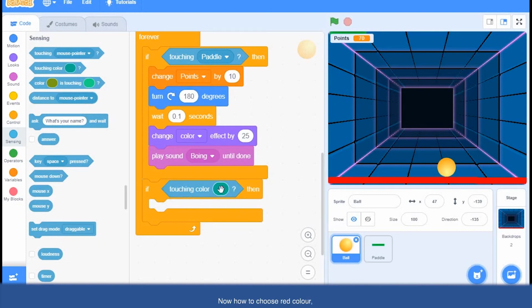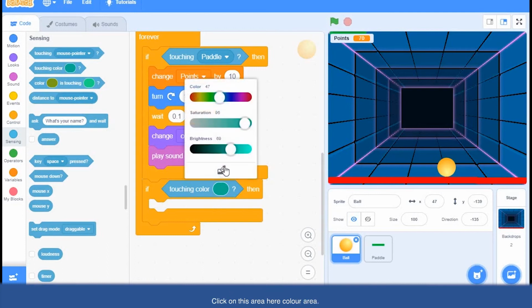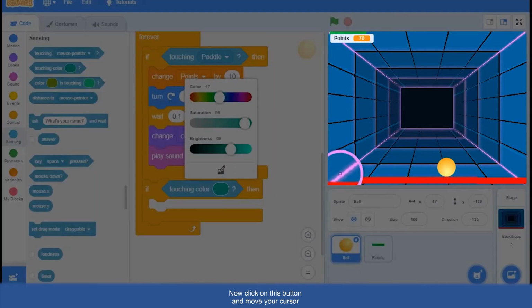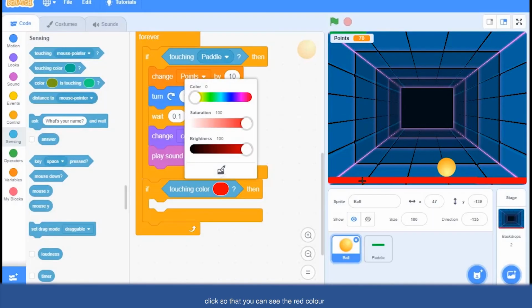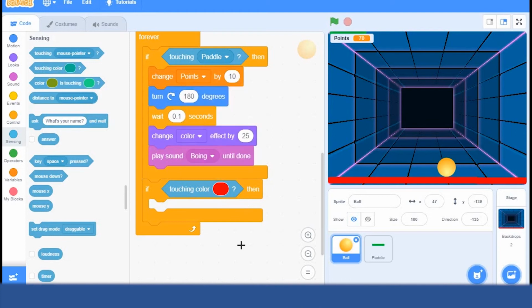Now how to get your perfect shade of red? Click on this color area. Now click on this button and move your cursor and make sure the center of your circle is on the red color. Click, so that you can see the red color is added here in the block.